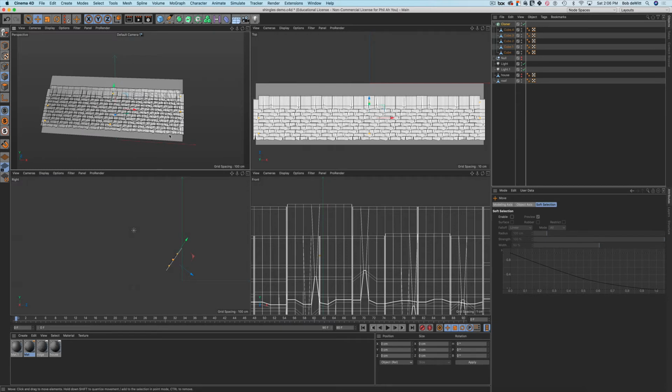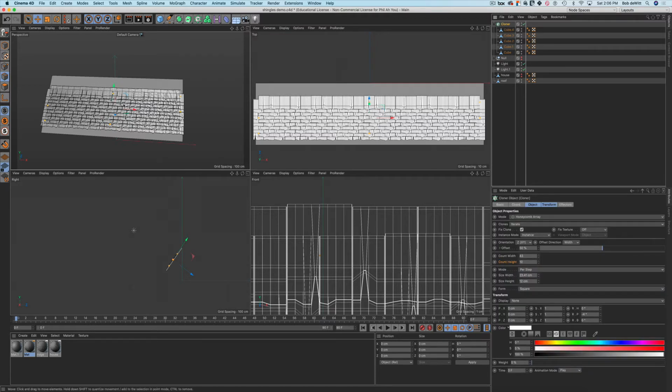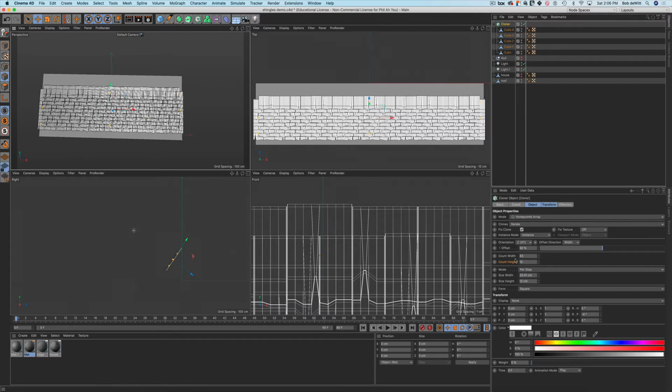Okay, and so if you need to, you can go in and make adjustments. In order to get these all to align correctly, you can go ahead and make adjustments to the count, height and width, but also the size, height and width, especially size and width. You can make adjustments there, or you can go in and actually change the scale a little bit of your cubes, prototype cubes, just so that you get them lined up correctly on the roof. Now in terms of count height,